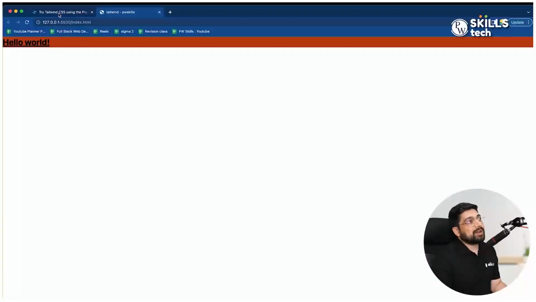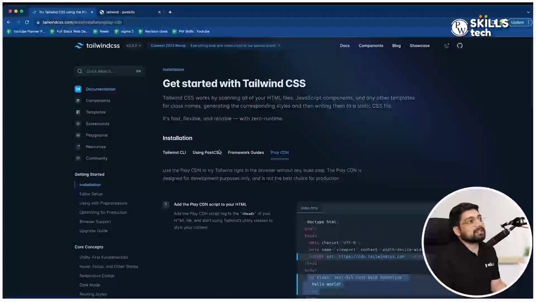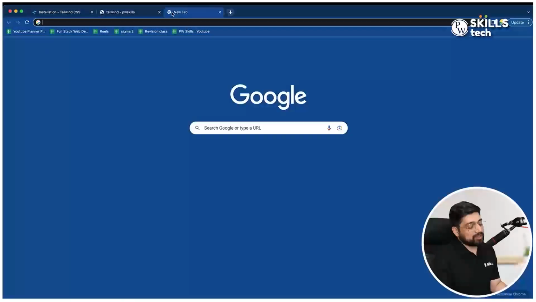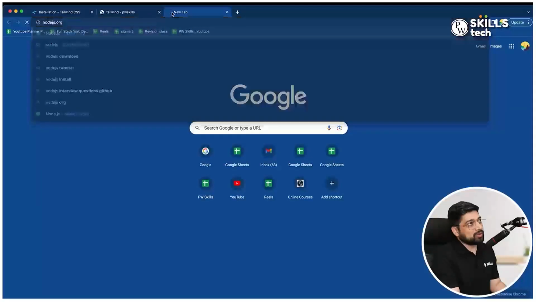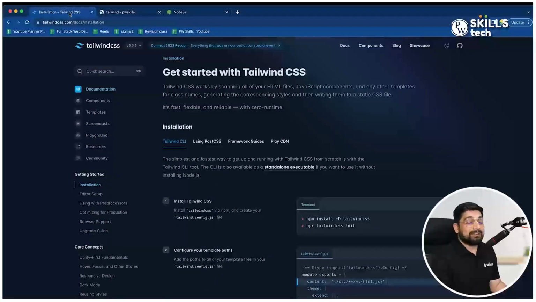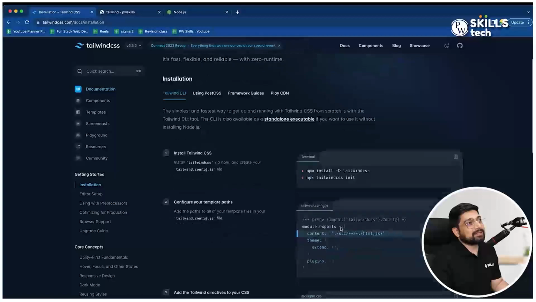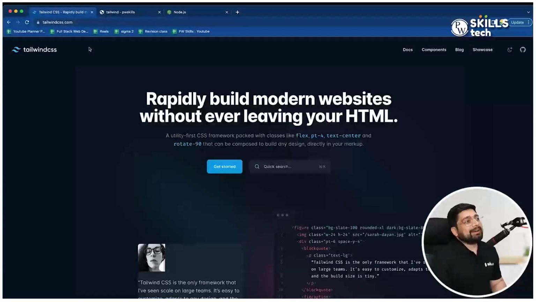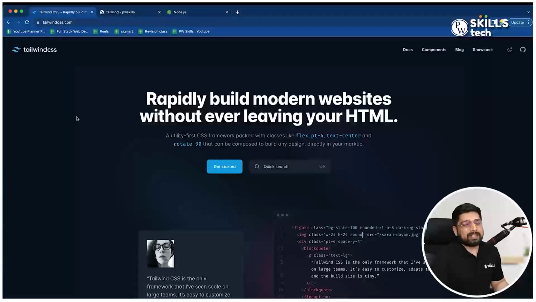For this, you have to actually use a proper CSS installation, at least a Tailwind CSS, which actually requires you to install Node.js. So if you haven't yet, go to nodejs.org and install Node.js. This is a must-have requirement, even if you want to learn just the CSS. And then I'll show you how this entire thing works. I'll do the setup. But first, let's go back and talk about what Tailwind CSS is and